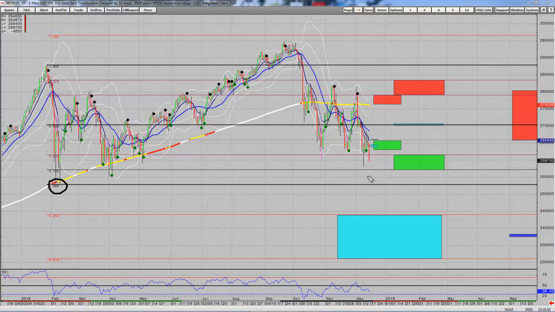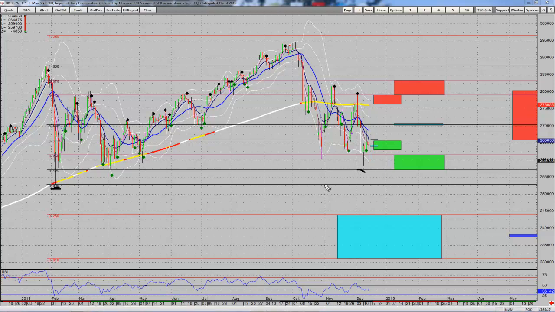There is a lot of support in this area, and even if we do have another night or two of selling down into this zone, as long as we don't break that January low, prices can still whip back to that 2700 area, which is the point of control. And that is still very much on the cards, even though the market looks so incredibly weak. But the dominoes that are set up below here are quite